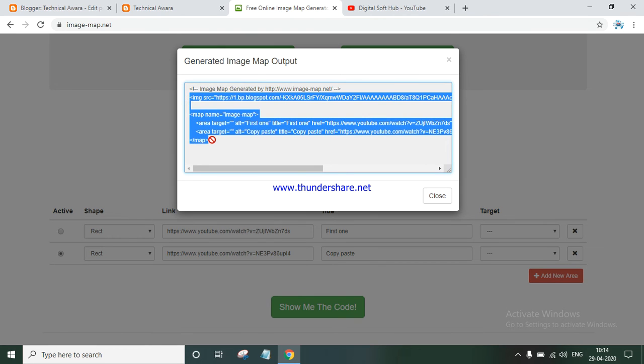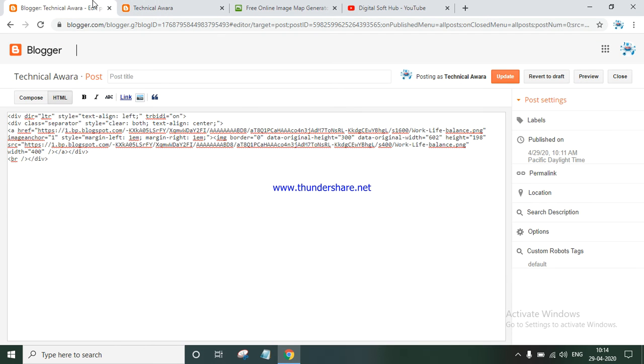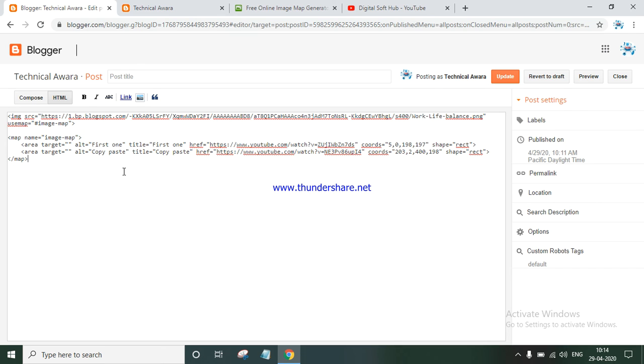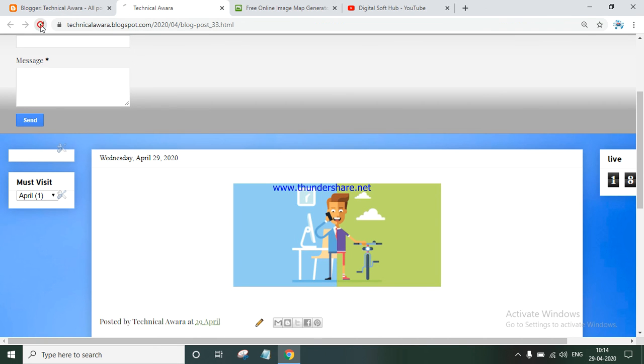You have to copy the first one, go to the blogger post, select all and paste. You should be very careful when you are working in any particular area. If you have written a large text in your blog, then you have to find that particular image address which you have uploaded. So guys, update it, go to the site and refresh it.